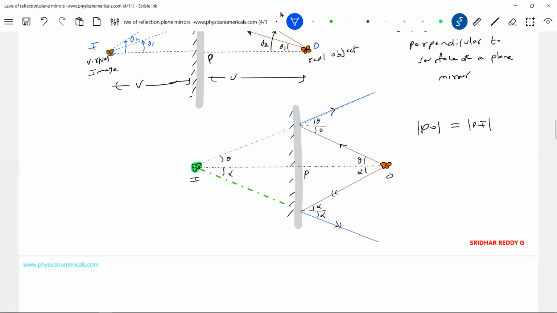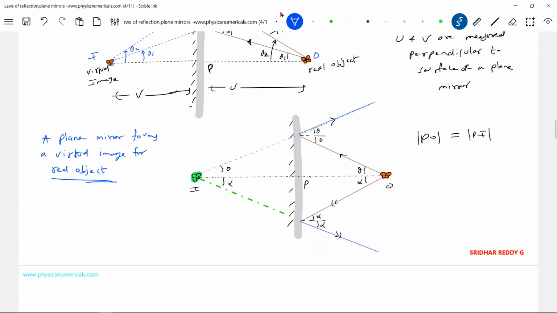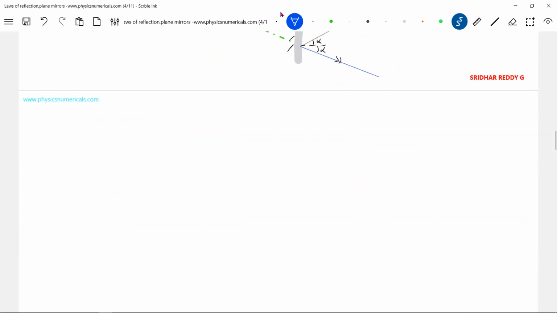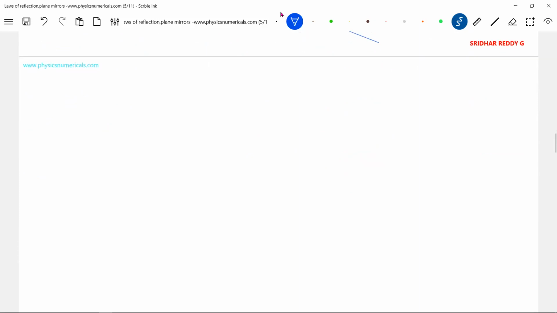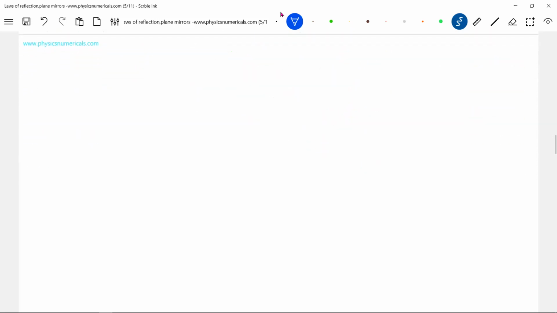So what is the conclusion? A plane mirror forms a virtual image for a real object. I'll show both situations. Similarly, let's take the other situation. For a real object, virtual image. For a virtual object, what is